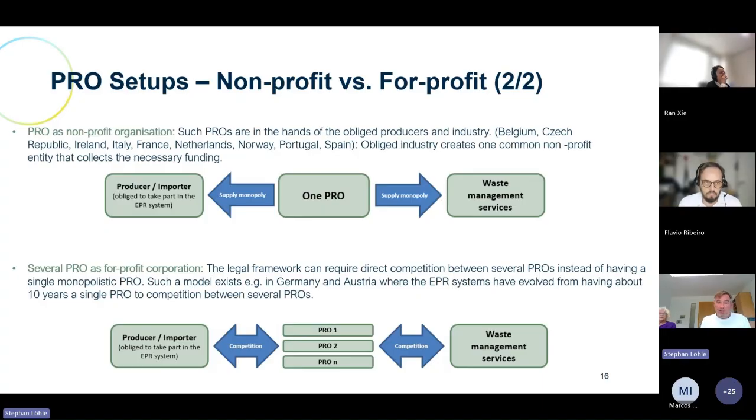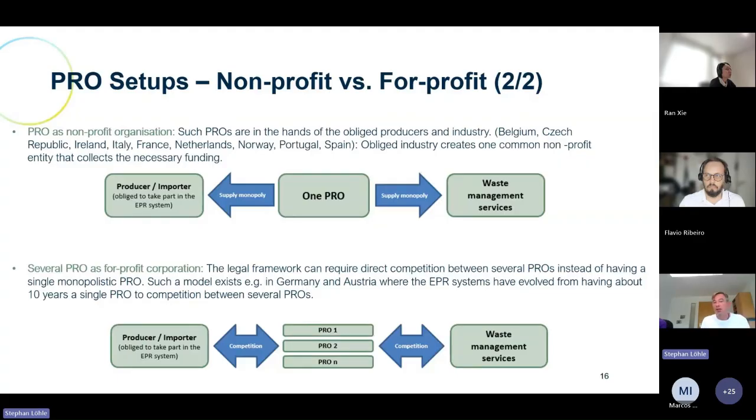Well, and on the other side, we have the for-profit setting, which goes along with having multiple producer responsibility organizations, which means we have a system in competition, also for producers and importers to participate. So they might choose from specific producer responsibility organizations offering more or less the same service. And we also have competition, I mean, each organization is going with his or her waste management operator. That makes it much more complex